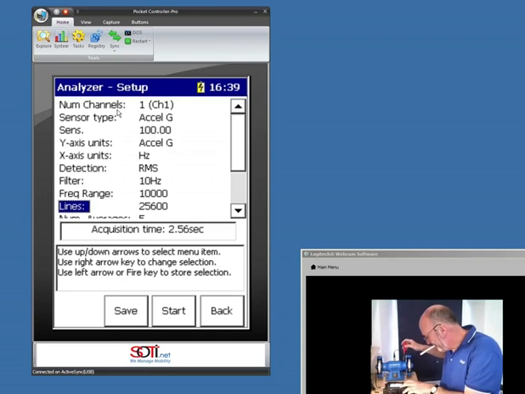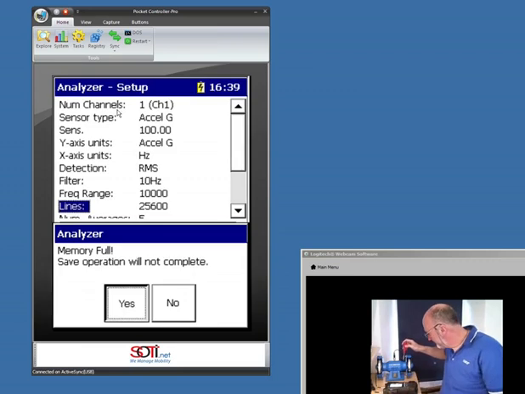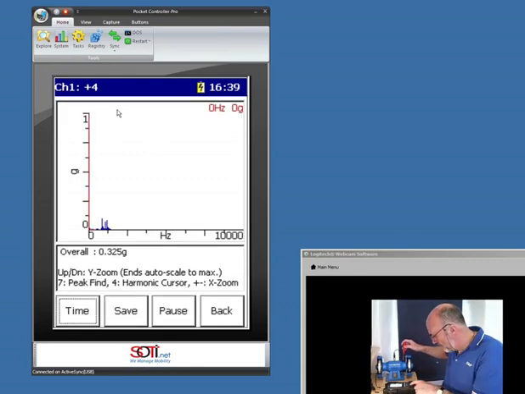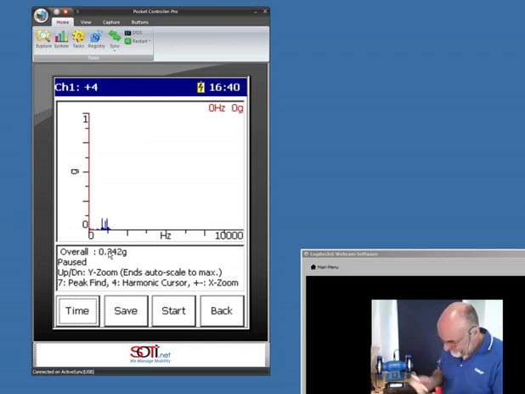We'll start tapping. And we'll start our measurements. And you can see that the value there is 0.3 of a G. 0.3 G